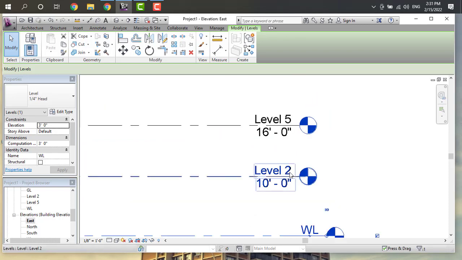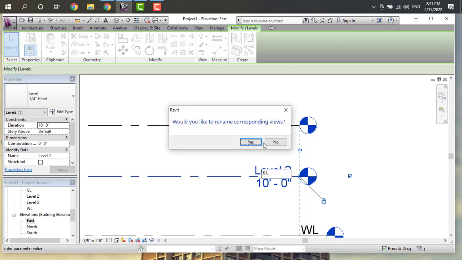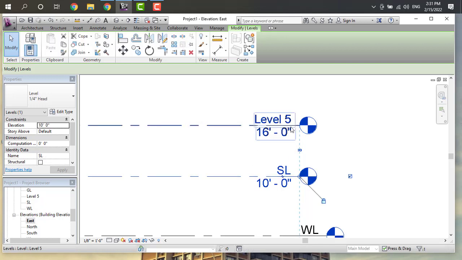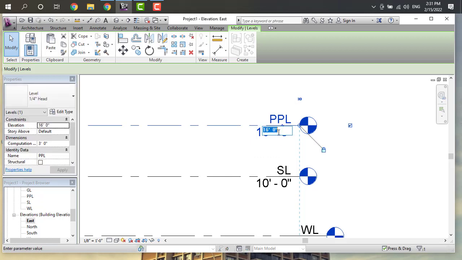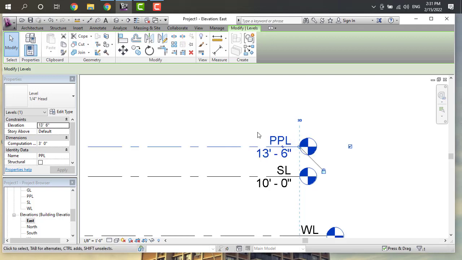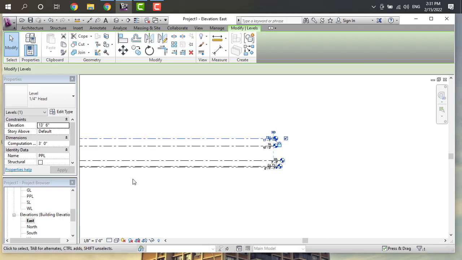So here I want to change it as slab level. Next, I want to take this as parapet level, PPL. Click on it, and here it will be 13 feet 6 inches.